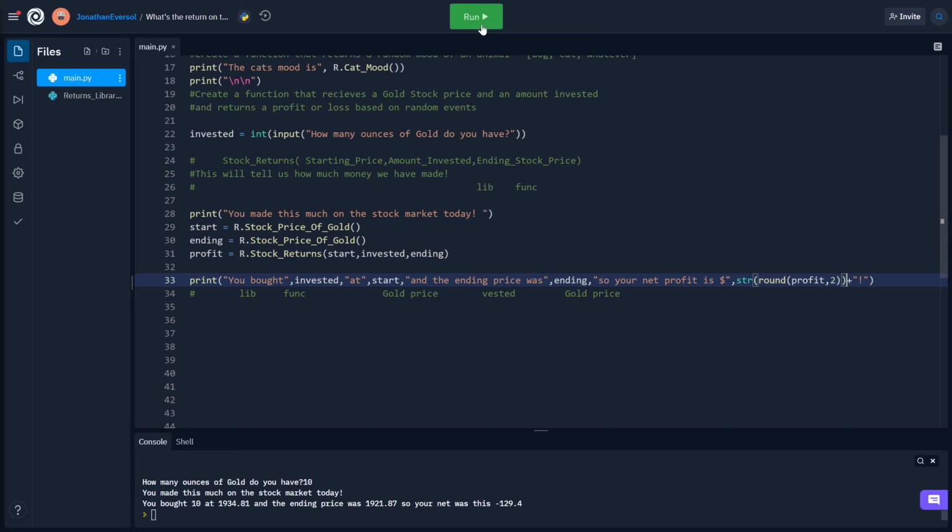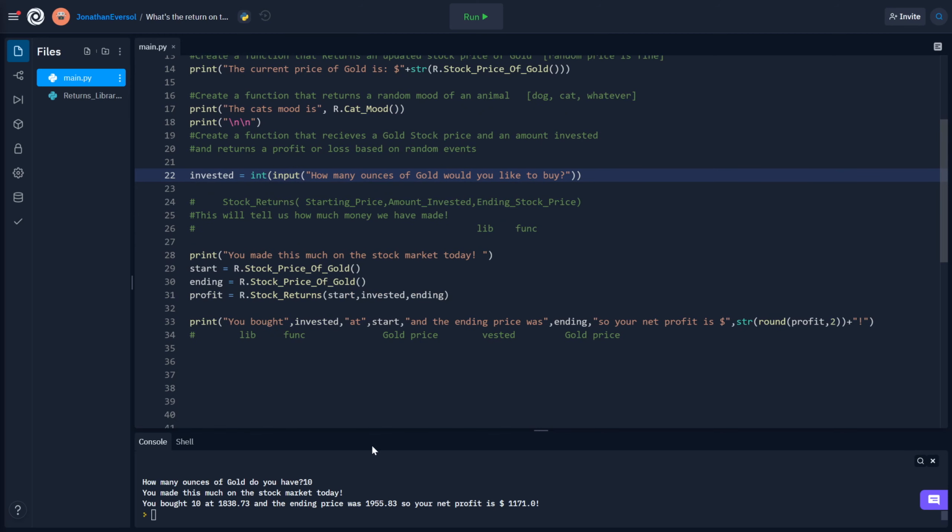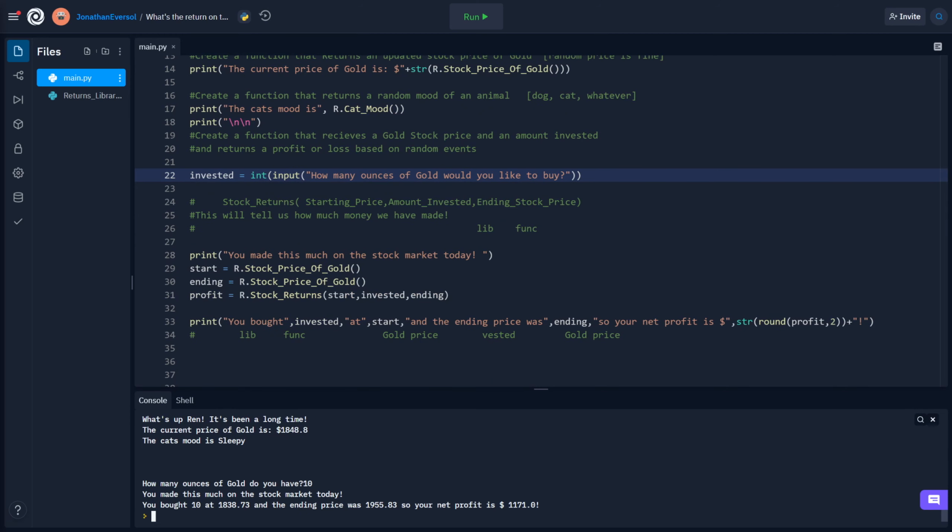All right. Run. 10. How many ounces of gold do you have? I have 10. Maybe I should say how many ounces of gold would you like to buy? Okay, so it says, how many ounces of gold do you have? 10. And it says you bought 10 at this amount, and the ending price was this amount, so your net profit was this. Isn't that fun? I like doing stuff like this. I don't know, you guys probably think I'm crazy or whatever, but